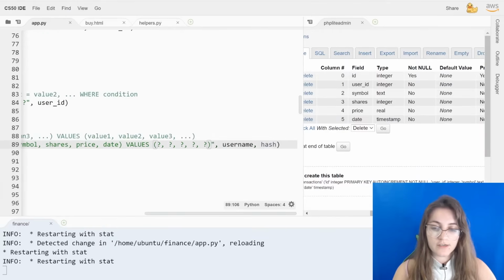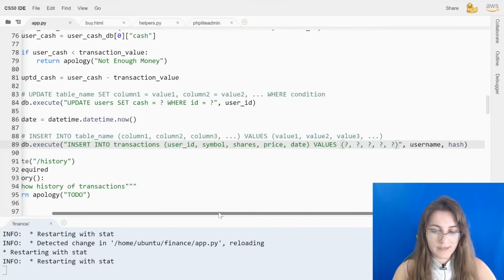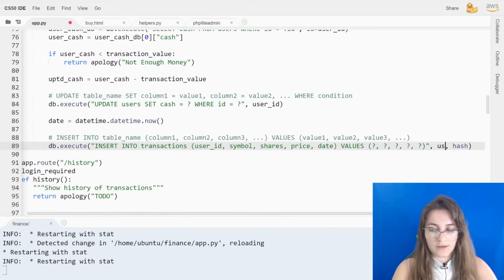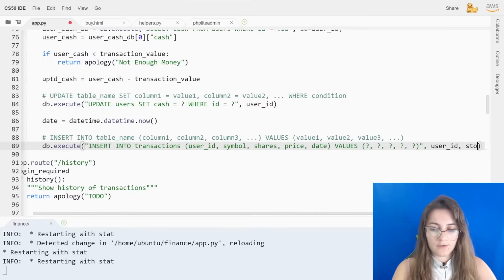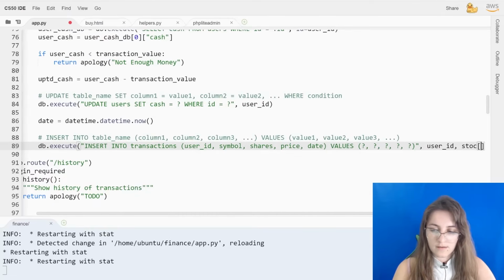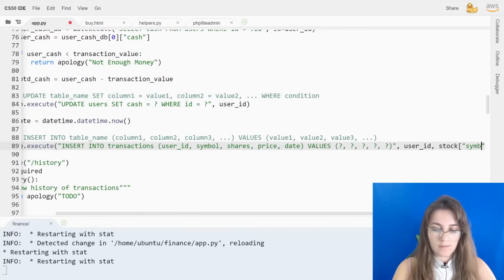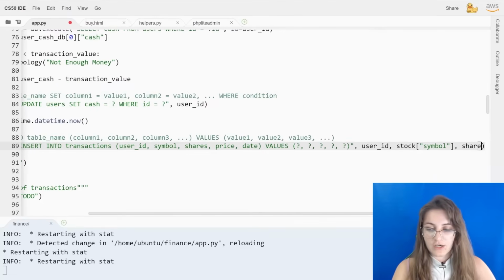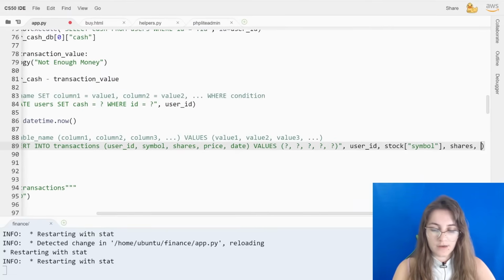And now we have to update with the user ID, symbol, shares, price, and date. So for user ID, now I'm gonna remove this from here. So for user ID, we're gonna use what? We already have one variable where we're storing the user ID in here. So if we take a look, this is line 74, user ID. So we're gonna change for user ID. Then we want the symbol. So here we can use stock symbol. Then for shares, we're gonna use shares, all right? For price, we're gonna use stock